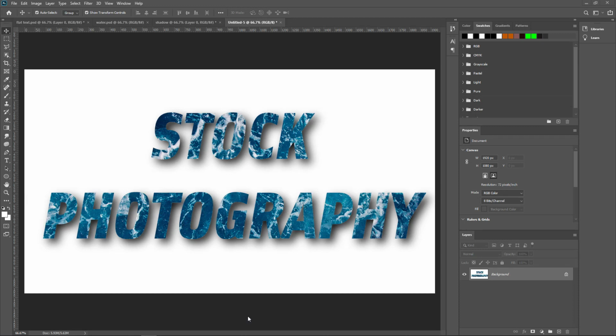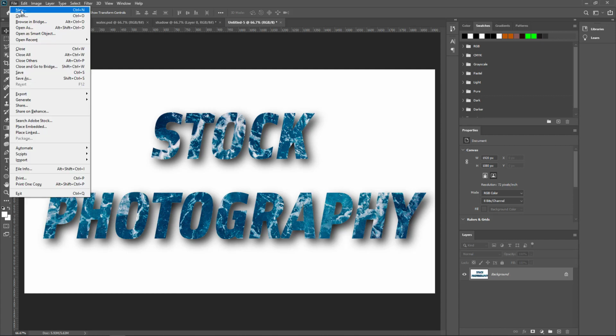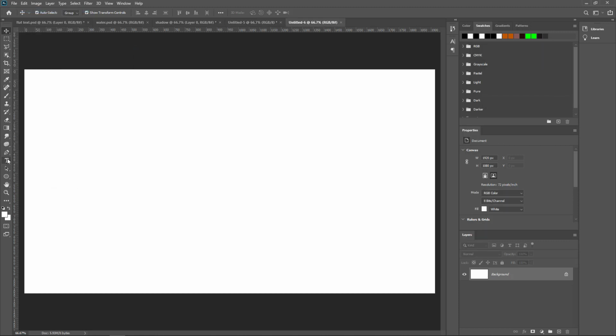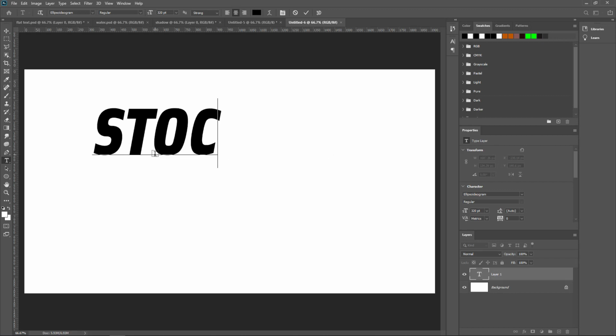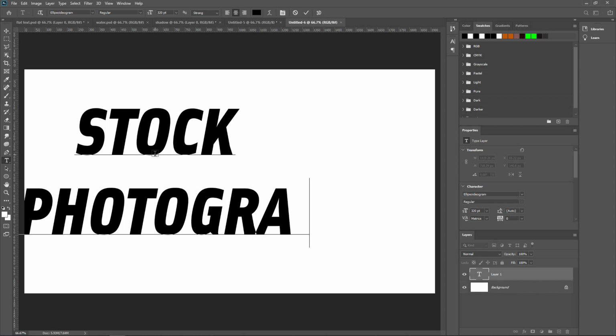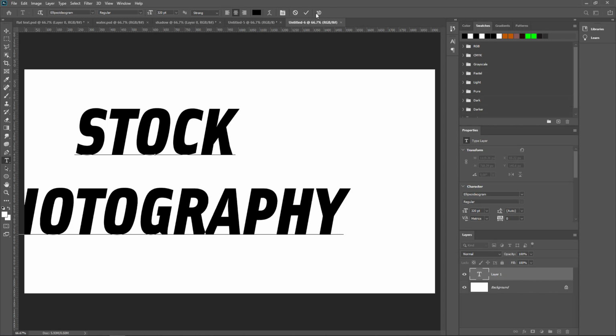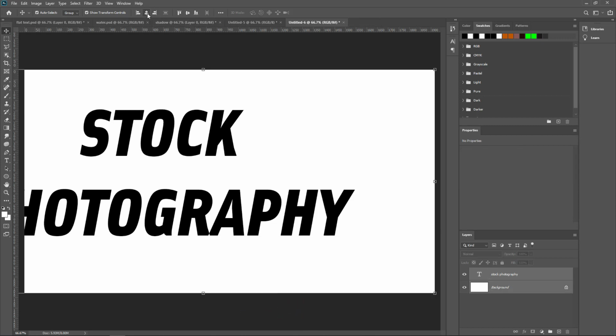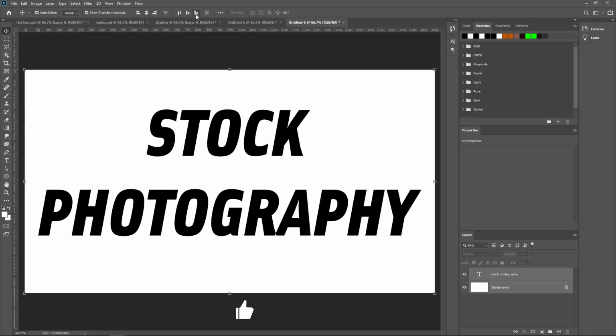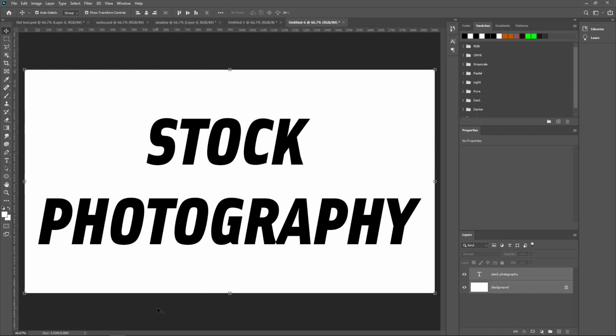We came across many complicated steps to attain this effect. Also we can do this effect with simple steps. As a designer, we have to find other ways to do this. Okay. Now I want to create a new file and choose the Text tool. Click here and type stock photography. And click OK. Now I want to align the image. Select the background as well as the text layer and click the horizontal center, also the vertical center. Now the text is centered.